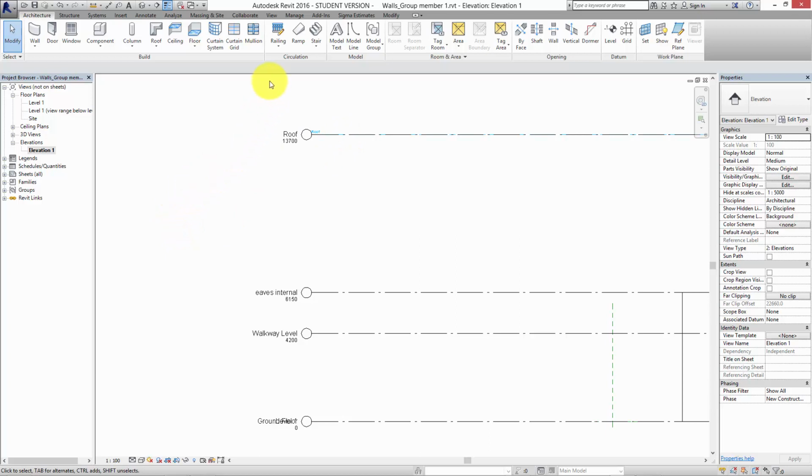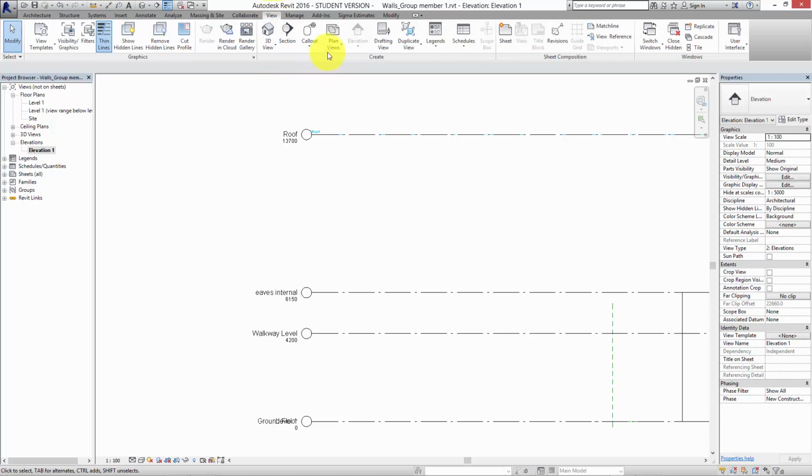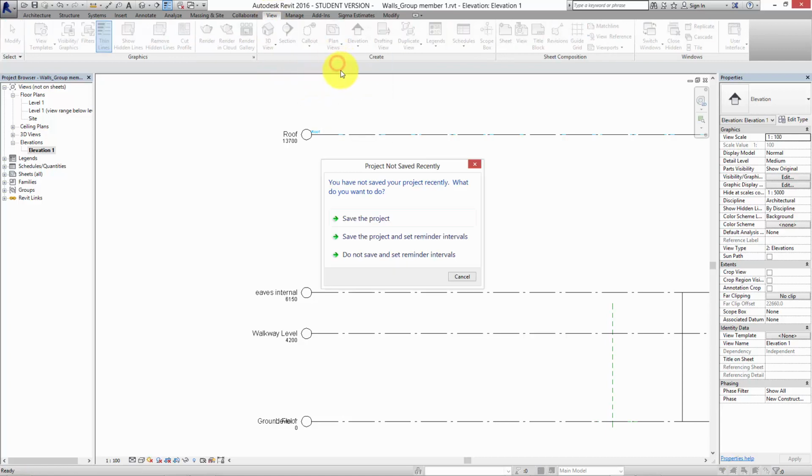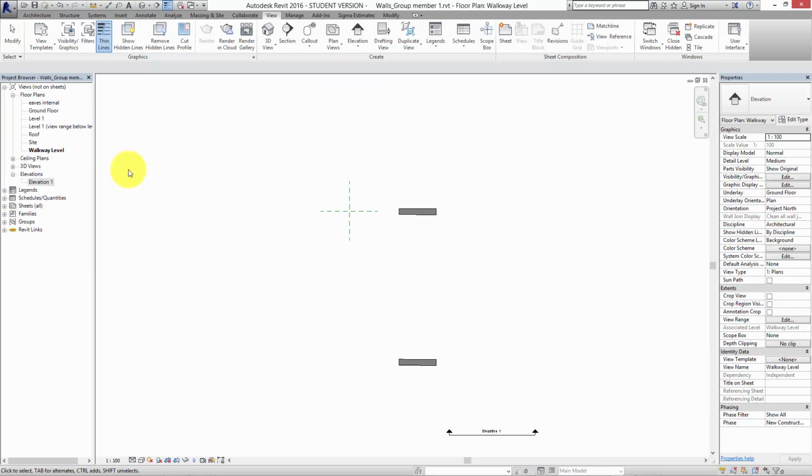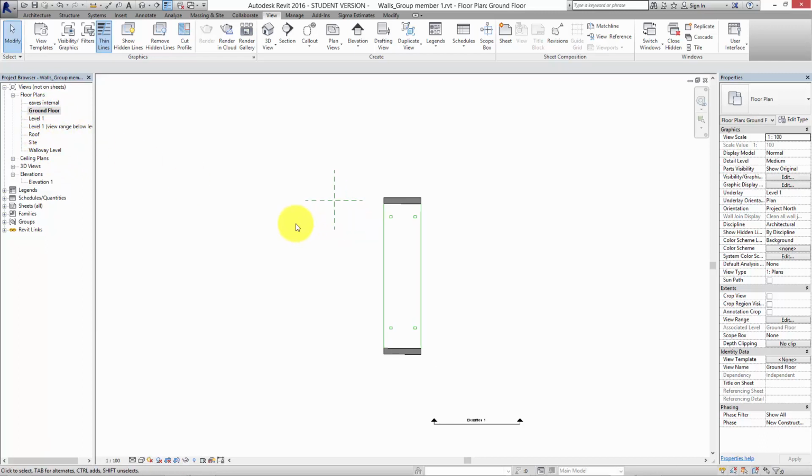So if you want those as actual floor plans, you come up to View, you go into Plan Views, Floor Plans, and all the levels are in here, and you can just select them all, holding down Shift, press OK, and they'll generate a plan view for each one of those levels over here. So if you go back into the ground floor, actually let's go up to walkway level,